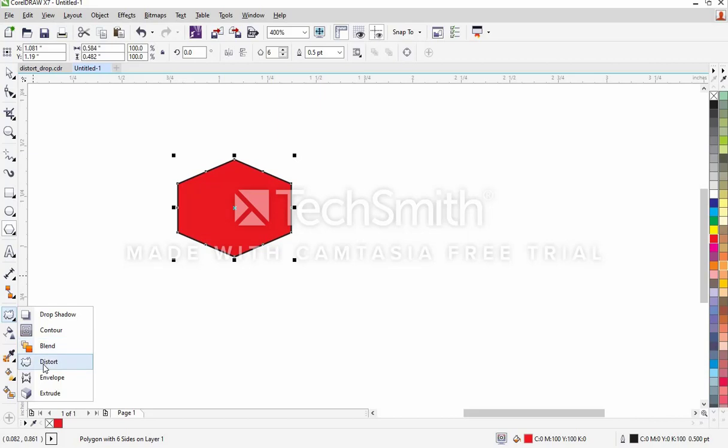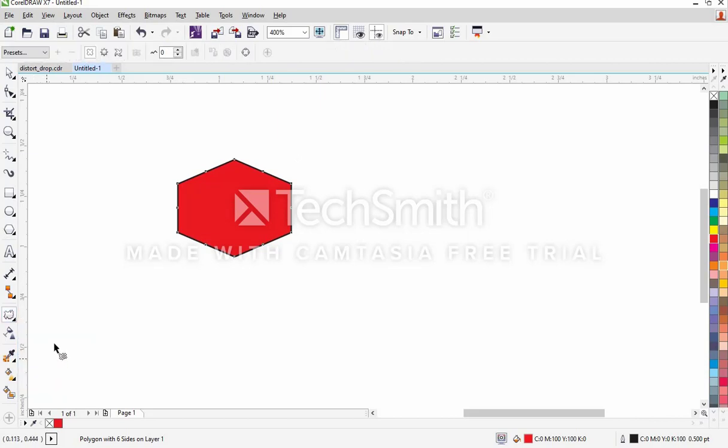This is the distort tool option, and go to the menu and select push and pull distortion. This is the tool option we are going to choose. For this, we will have to select this object first and choose this push and pull distortion,